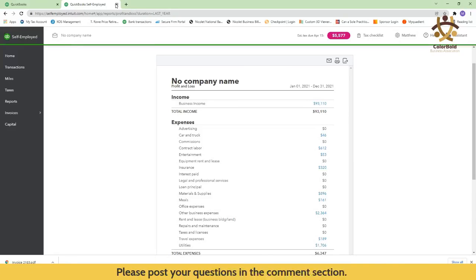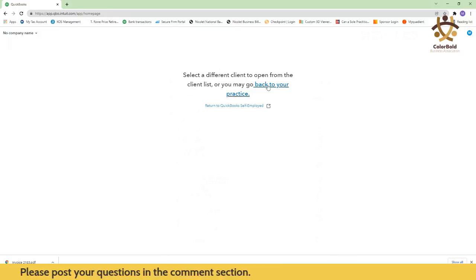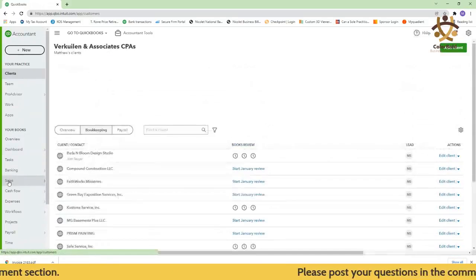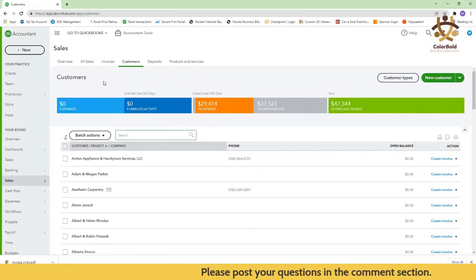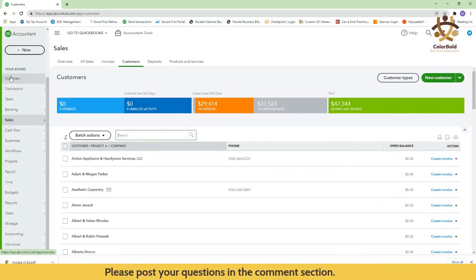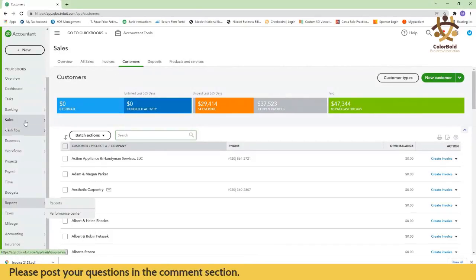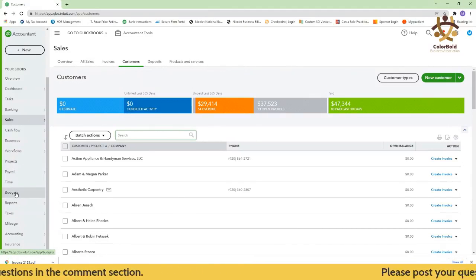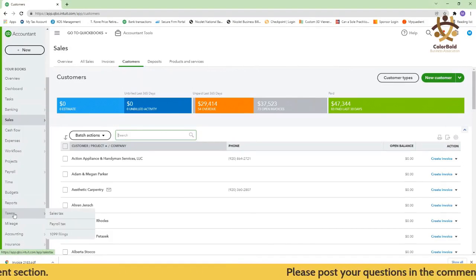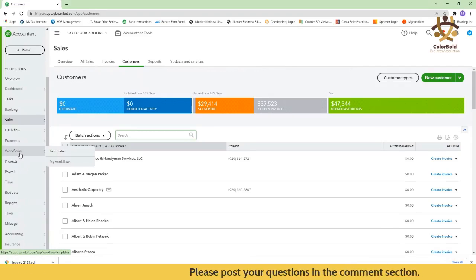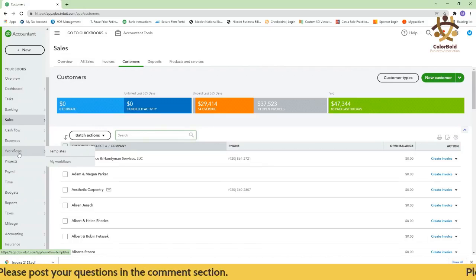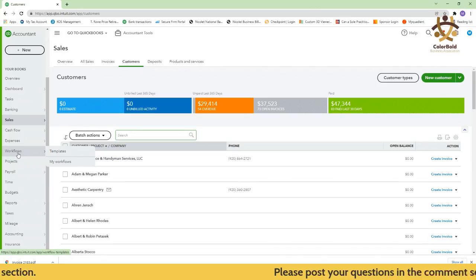If I go back over to mine, and if I go to sales, so now you can see I have Plus, so I have a little more than what Essentials would be, but you can see just from the number of options, there's a lot more here. There's payroll, you've got budgets, you can pay payroll and sales tax through here. You can set up workflows. I don't have any clients that do that, but that determines, you create an invoice and you want it to be approved first. You're sending it to someone that it needs to get approved by, or, it's basically doing a workflow for a document or a process.